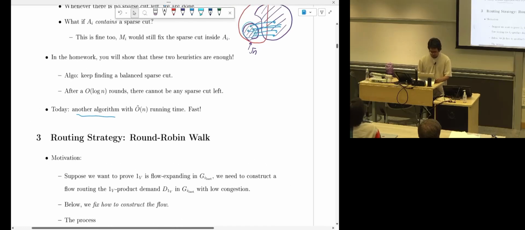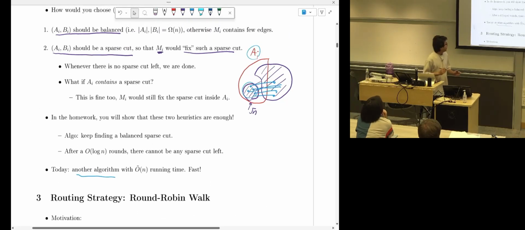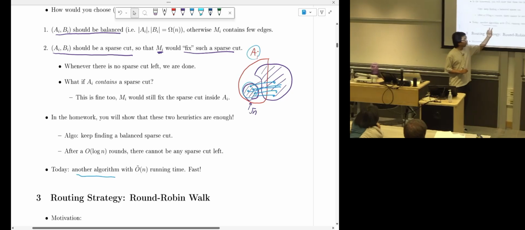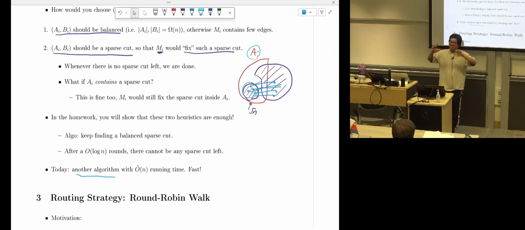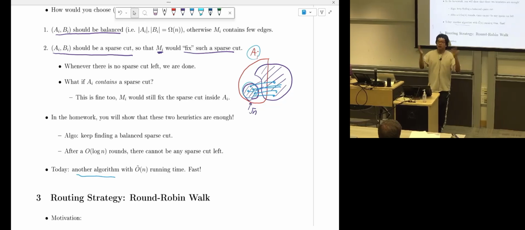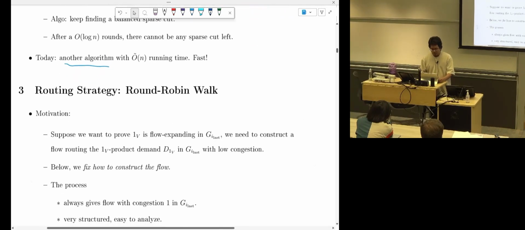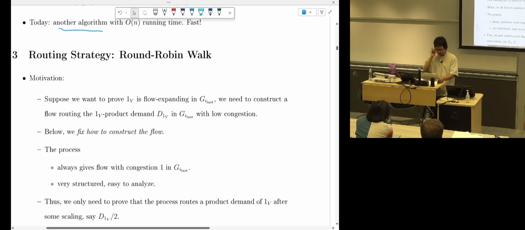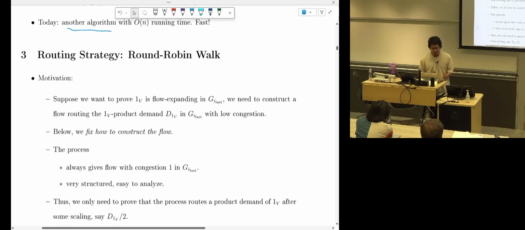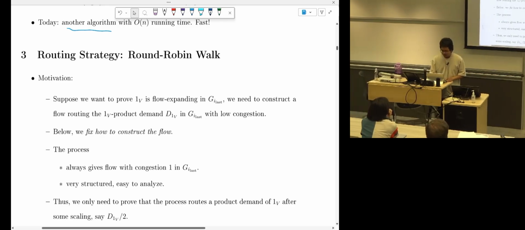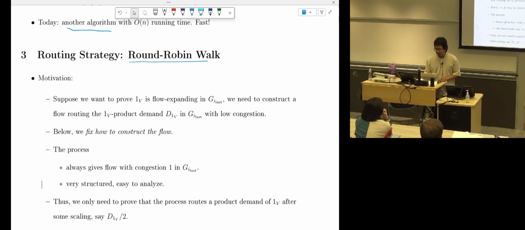So what we want to do is show another algorithm, choose AIBI, such that at the end, the all-one vector is maybe flow expanding. Okay. In some way, in some clever way. I will fix one thing. Before I present how to choose AIBI, we will look at some process that I call round robin